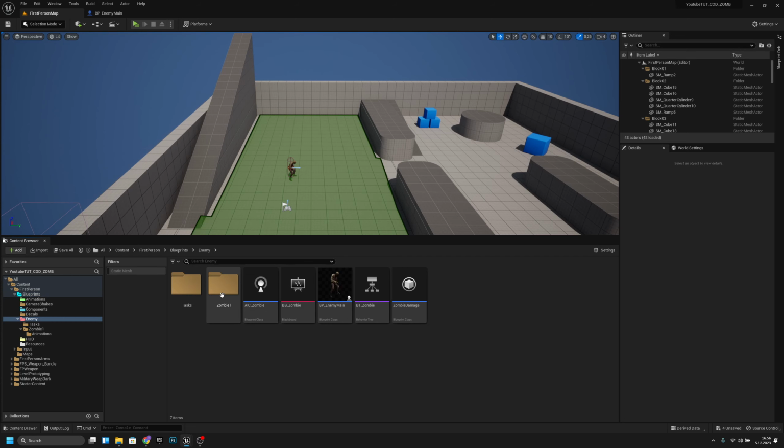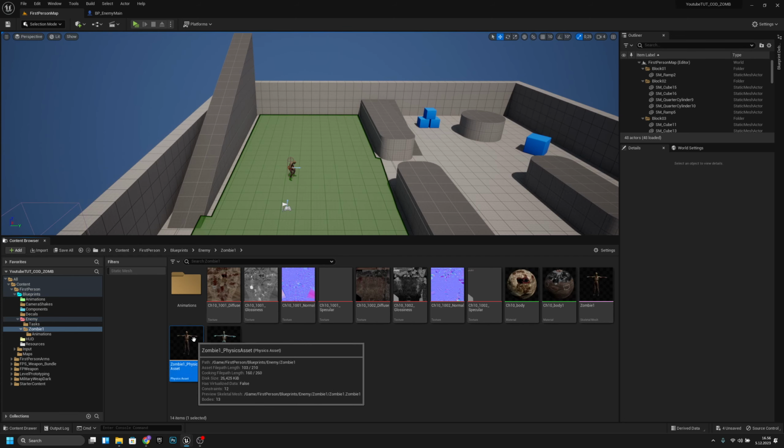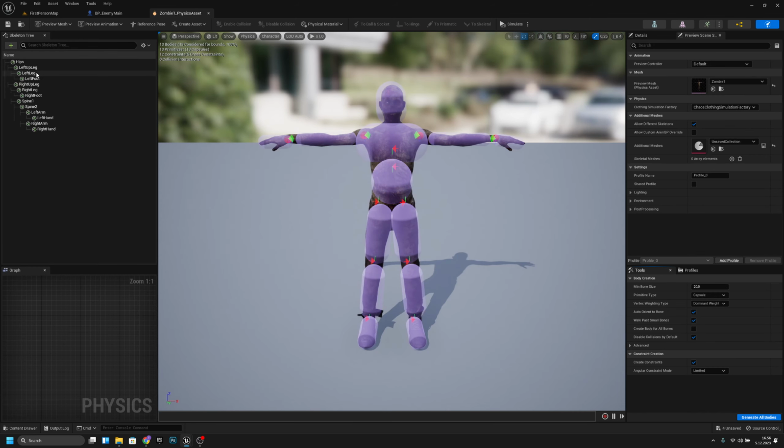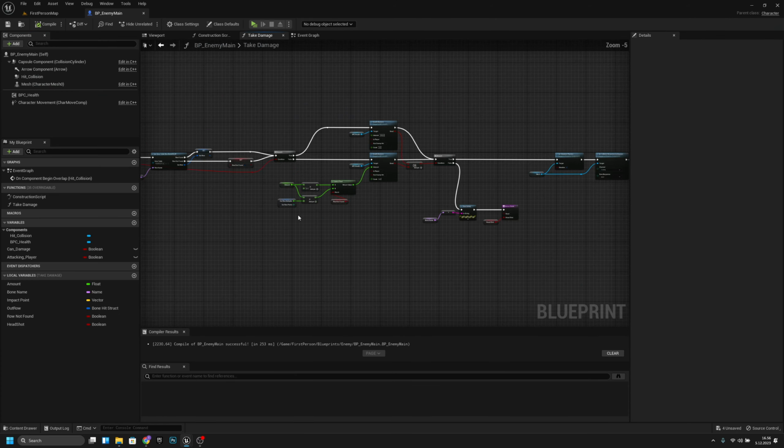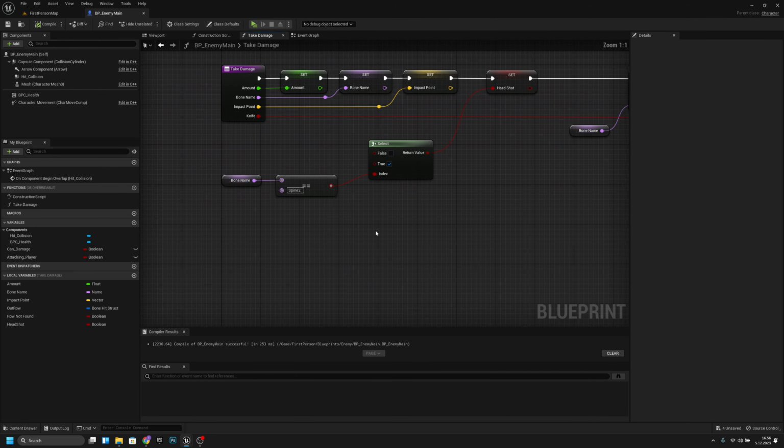Okay, what I want to check is enemy, zombie 1, zombie physics asset. I'll check these bone names, like spine 1, spine 2. So the spine 2 should be the head. So I think, was there something like spine 2? If it was spine 2, then